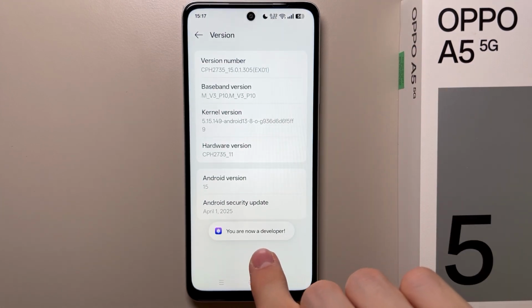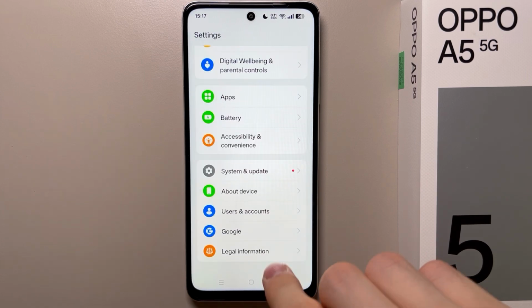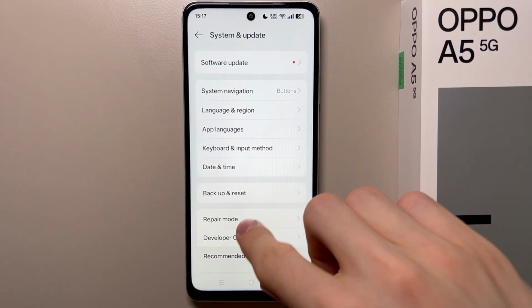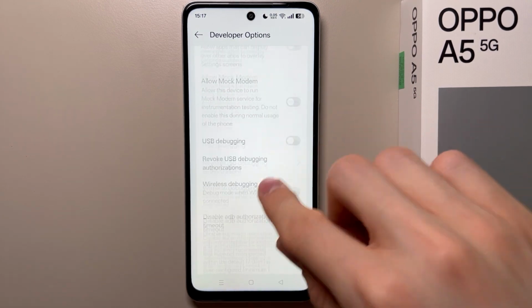As you can see you are now a developer, so that means you have enabled developer options, so you have to go back and go to System and Update, and here you can find developer options. Open it, and from here you have to find